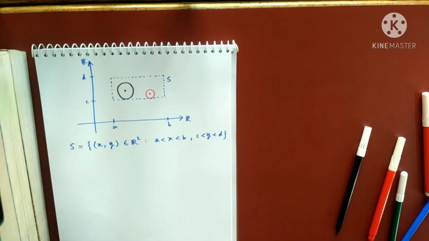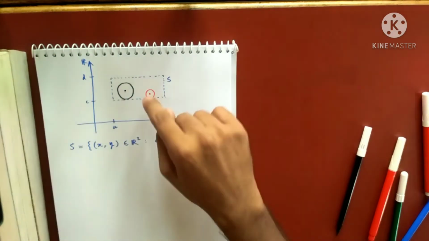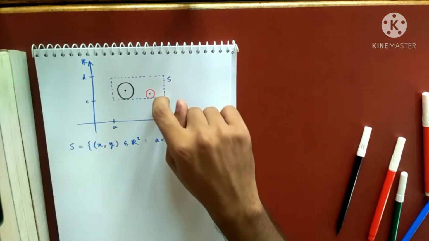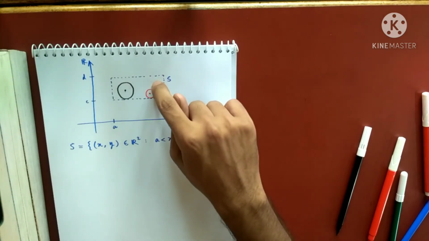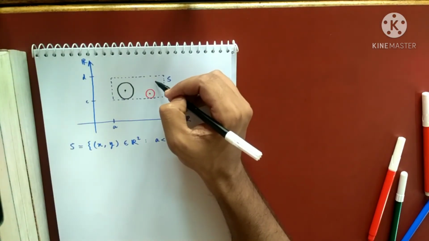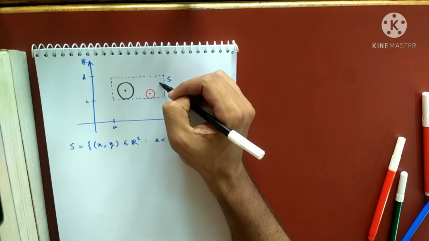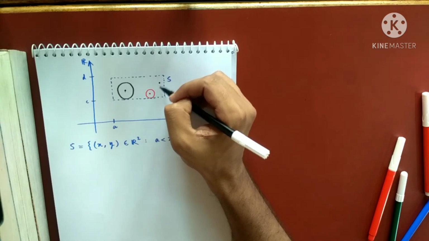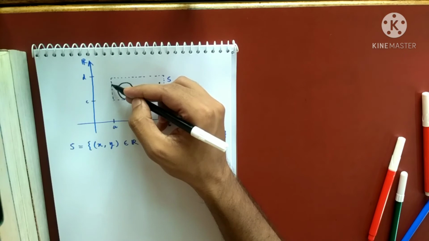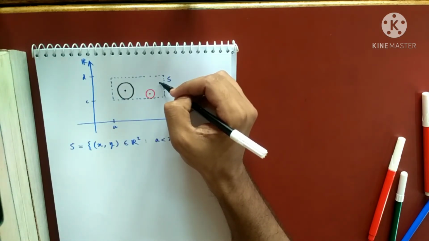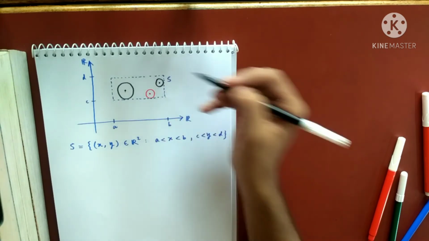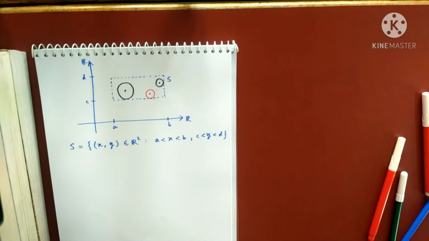And how can I prove it? I'll prove it later on. And the same concept I'll be using, which I'm drawing here. You give me any point, I'll measure the distance of this point from the four lines, from this line, from this line, from this line, from this line. Whichever distance is smaller, I'll take that distance as the radius and draw the open ball around it. And we'll see that that will completely fit inside S. And hence, S is a neighborhood of each of its points.